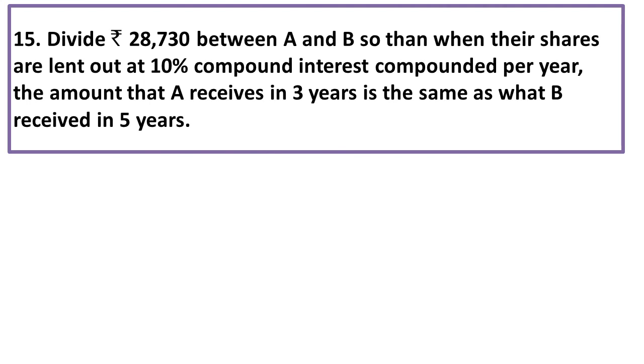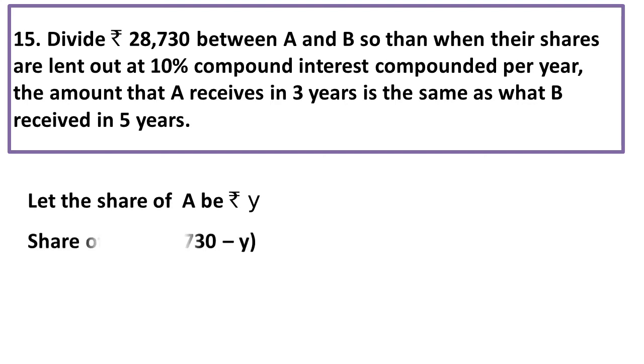Question number 15. Divide rupees 28,730 between A and B so that when the shares are lent out at 10% compounded per year, the amount that A receives in 3 years is same as what B received in 5 years. So a certain sum of money, rupees 28,730, is divided between A and B. As the share of A and B is not given, let us consider the share of A as Y, and hence the share of B will be equal to